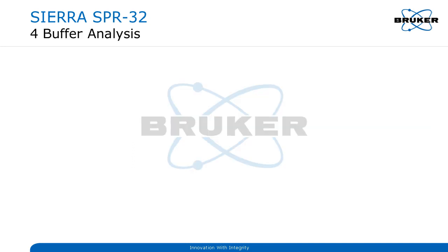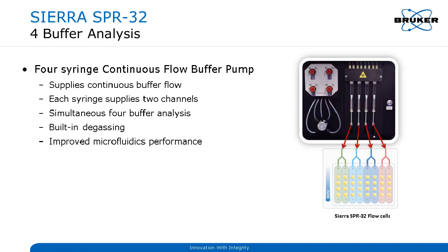One of the features that comes with the system is the 4-buffer analysis. This is the so-called buffer box. It contains a degassing unit and a set of 4 buffer syringes, whereas a single syringe supplies 2 channels. That means the user can use up to 4 different buffers in parallel and check for the impact of